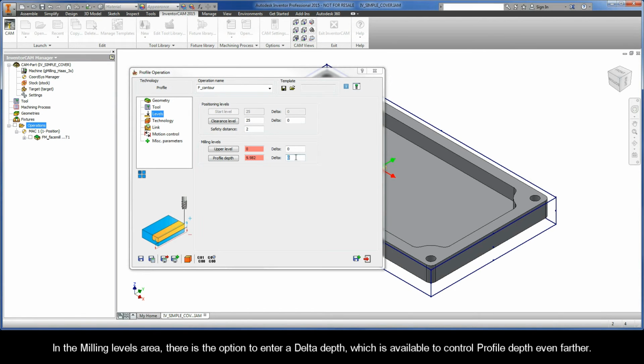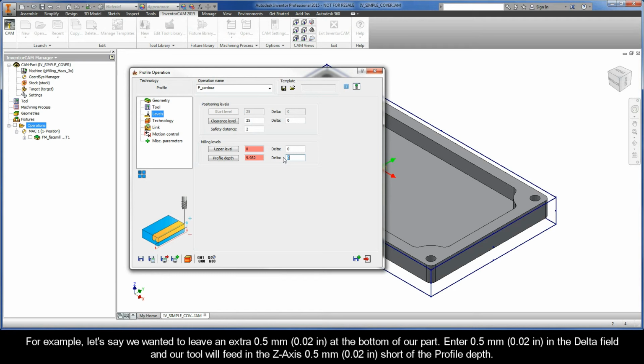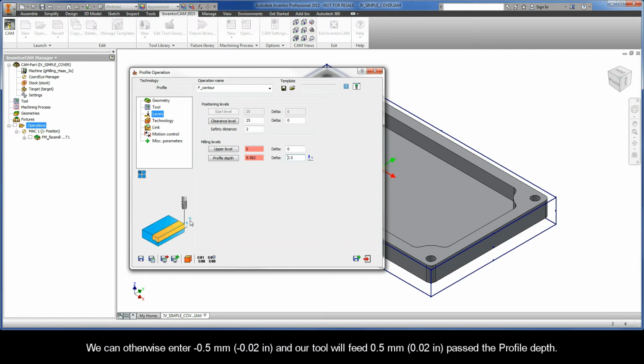In the Milling Levels area, there is the option to enter a delta depth, which is available to control profile depth even further. For example, let's say we wanted to leave an extra 0.5 millimeters at the bottom of our part. Enter 0.5 millimeters in the delta field, and our tool will feed in the Z-axis 0.5 millimeters short of the profile depth. Otherwise, we can enter negative 0.5 millimeters, and our tool will feed 0.5 millimeters past the profile